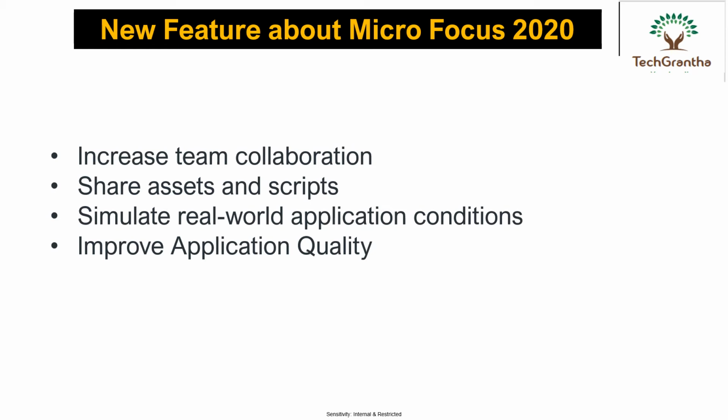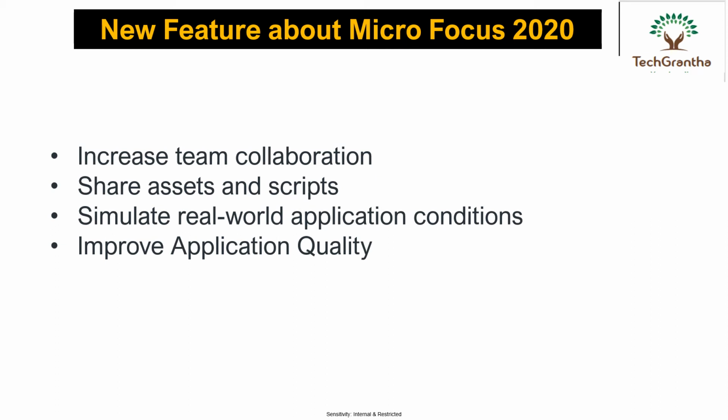The next thing is sharing assets and scripts. Earlier, whenever we used LoadRunner below the 2020 version, we couldn't share the script, and we could use multiple assets. If you were doing the execution using the LoadRunner Controller, multiple people couldn't access the machine at the same time. Now with the new features, we can share the script and assets with multiple teams. If your team has four members and everyone has access to the Performance Center, anyone can go and monitor your execution.